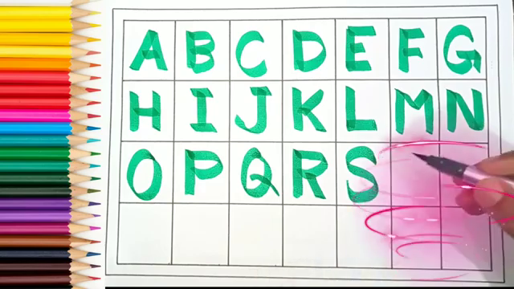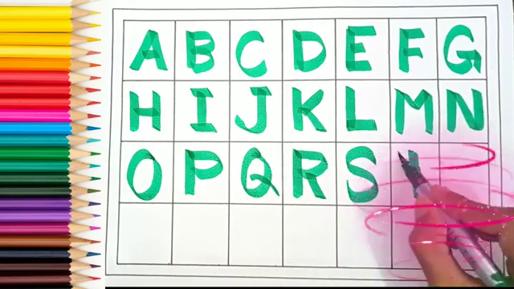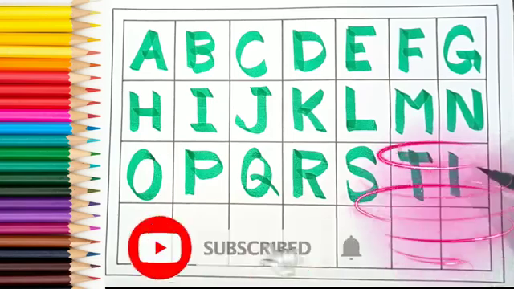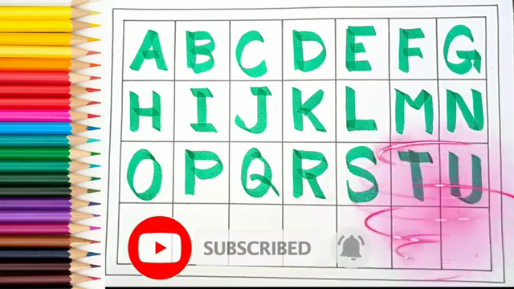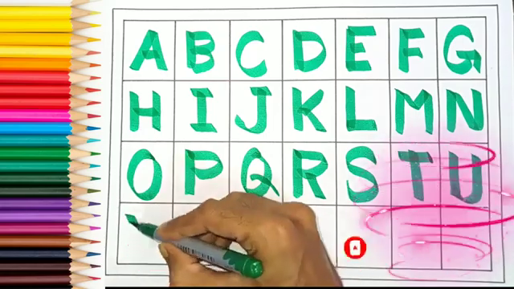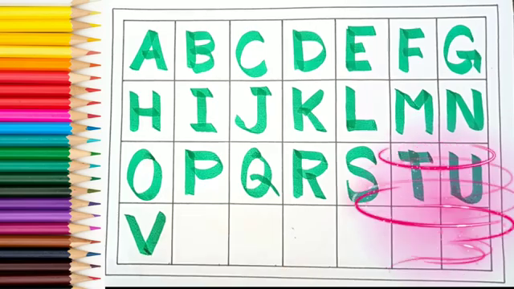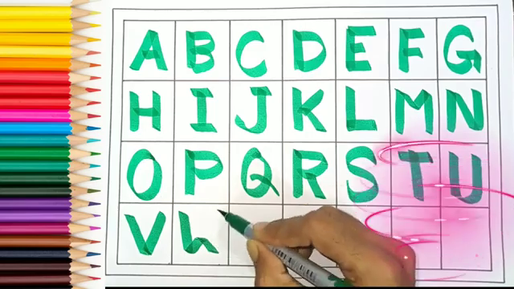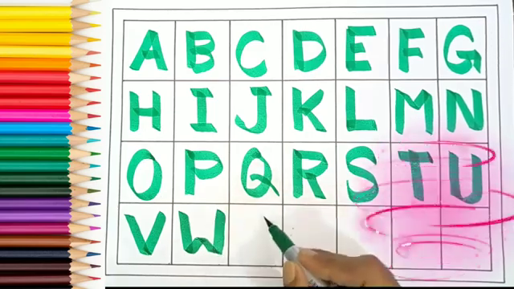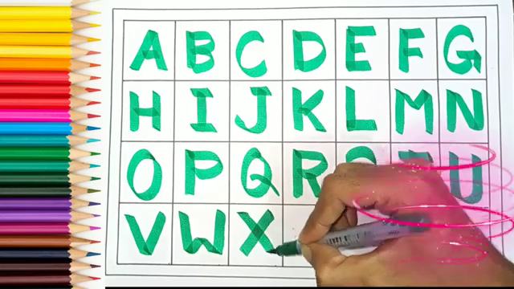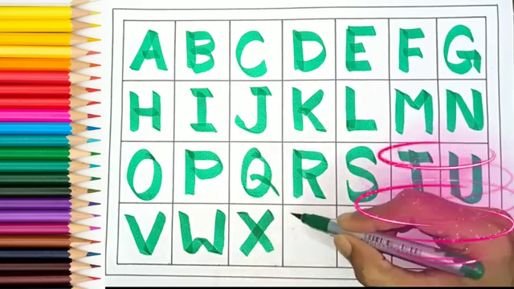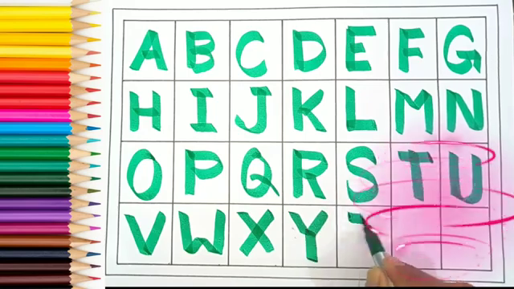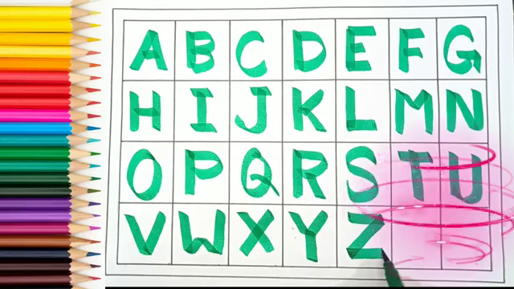S for sun, T for tree, U for umbrella, V for violin, W for watch, X for X-ray, Y for yak, Z for zebra,